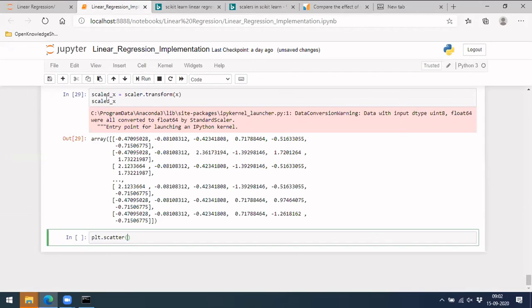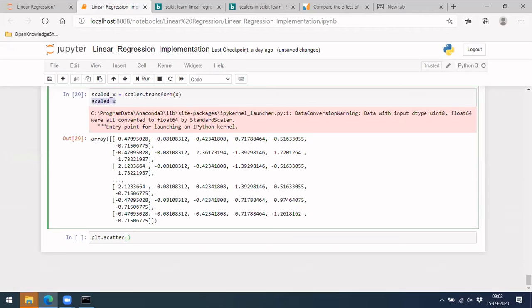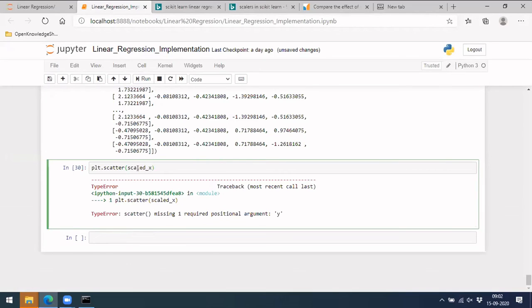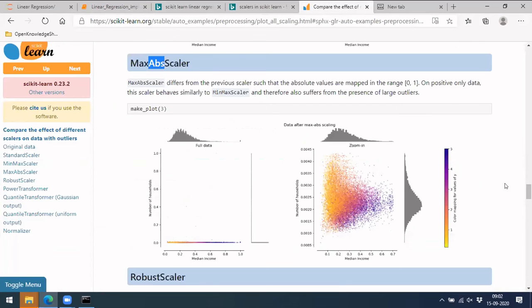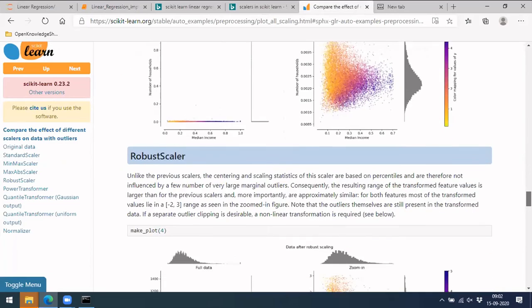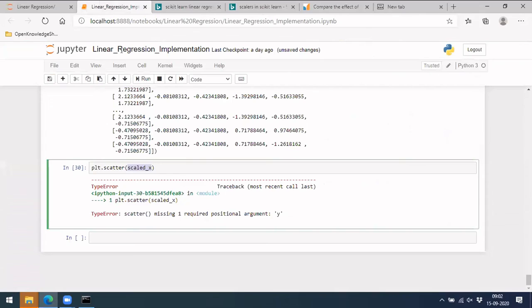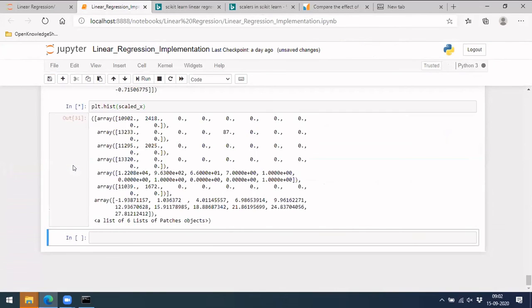It would come in 4 dimensions, and we need some kind of relation because you need x and y as well. So some kind of hist plot I can do. Plot dot hist.